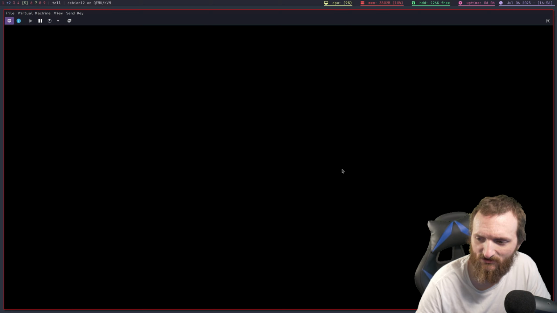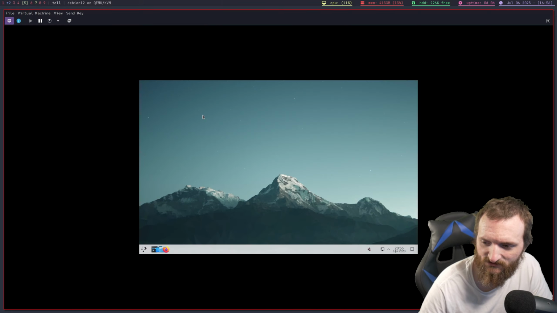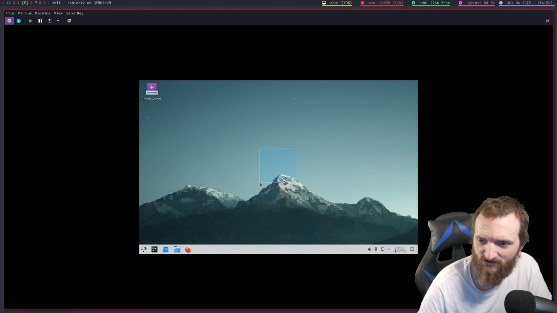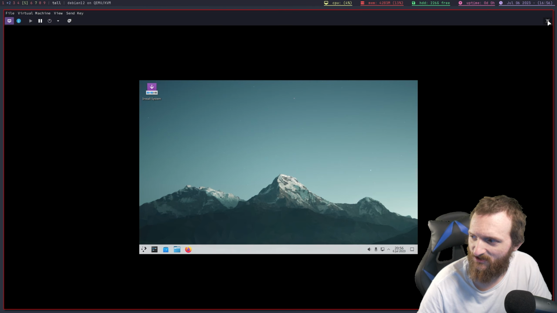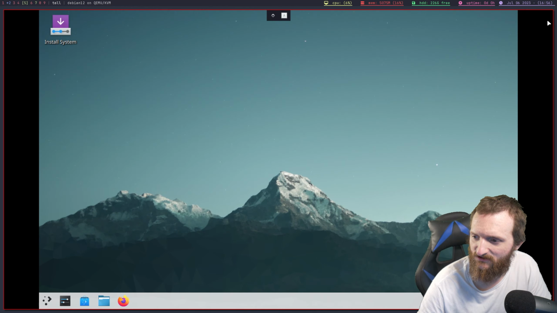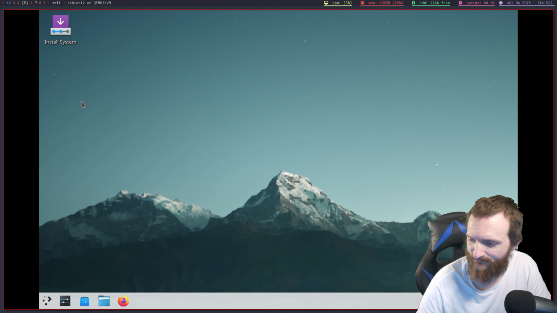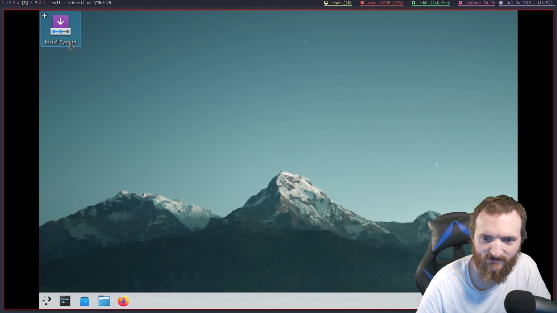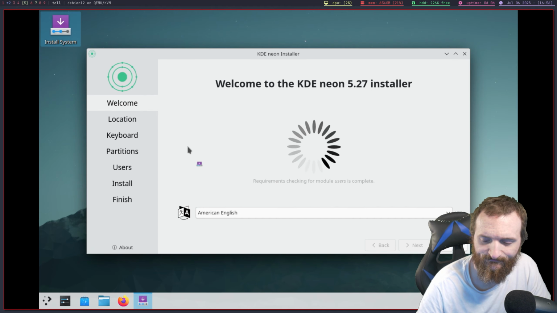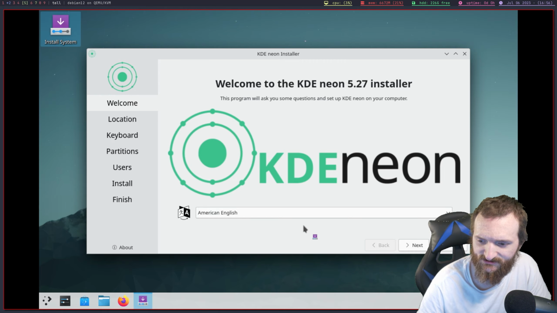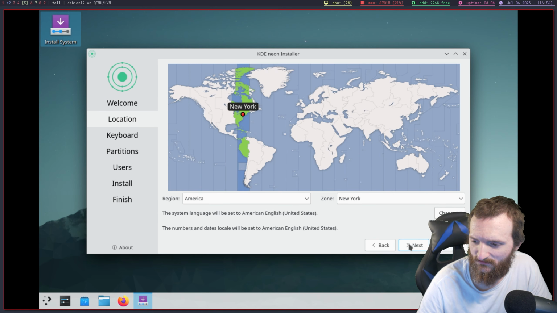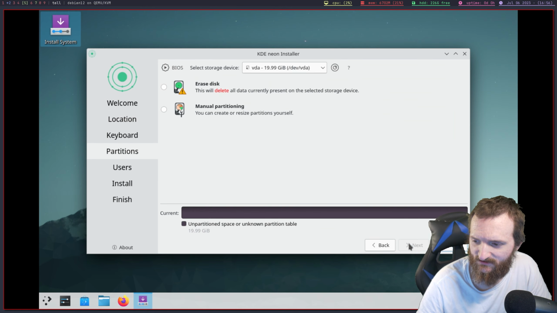We can see the little KDE Neon splash screen booting up. Let's try to full screen it here. There we go. Let's go ahead and install system. Looks like this is the Calamares installer. Very nice. New York time zone, that's fine. English. I'll go ahead and